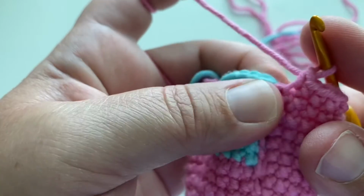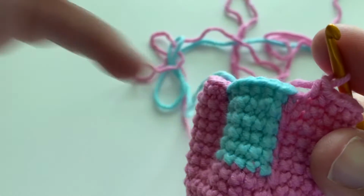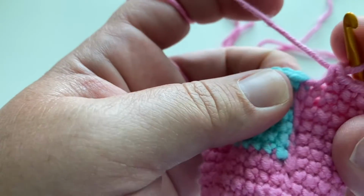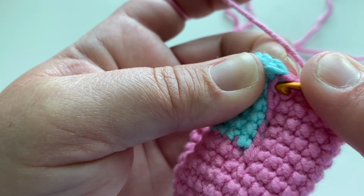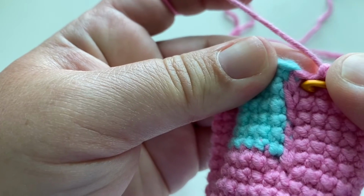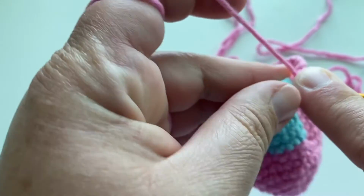Now, depending on how tight you pulled on the last row, it might be harder for you to get into that little spot there. So you might have to wiggle it through a couple of times before you can actually get in there, which is what I had to do earlier. So there's my V right here. There's one post, and then there's the other post. I'm going in the center,